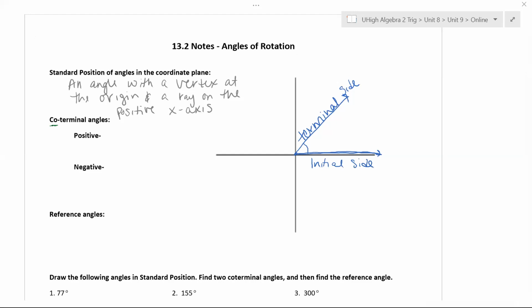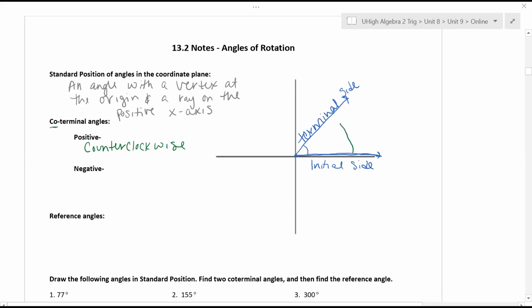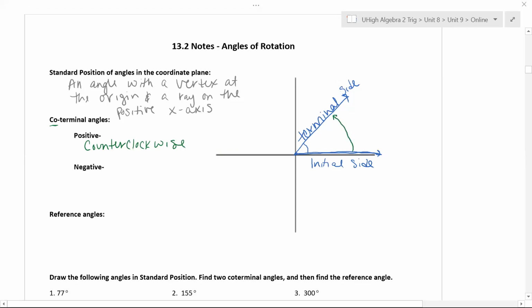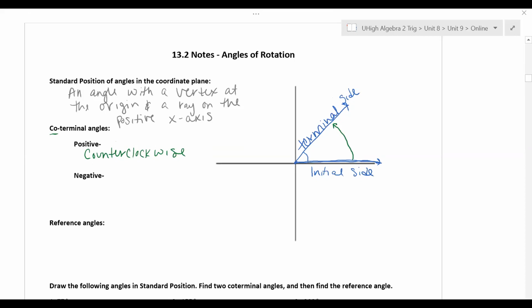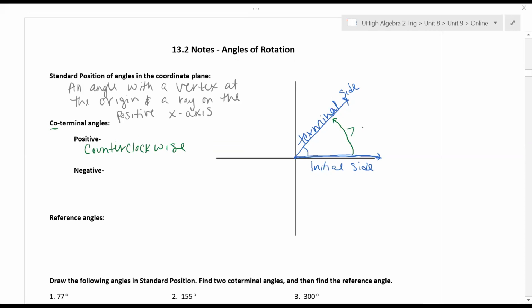So when we have a positive coterminal angle, that's going to be when we're going counterclockwise. So if I'm using these two rays, my positive coterminal angle is going to be this angle created right here. So if I said this was a 75-degree angle,